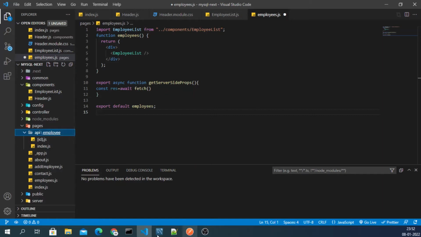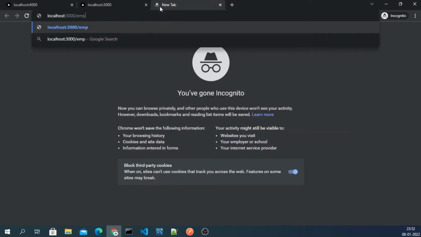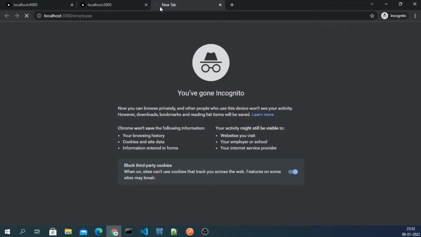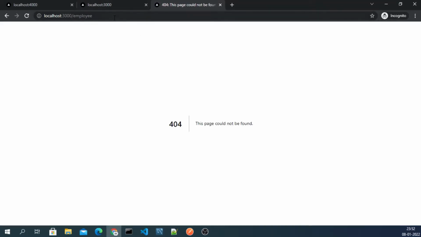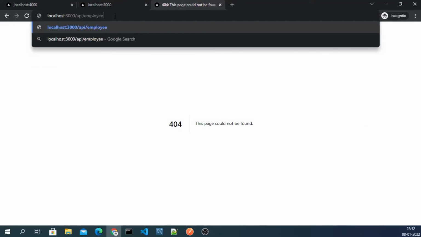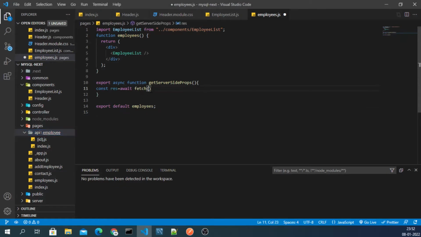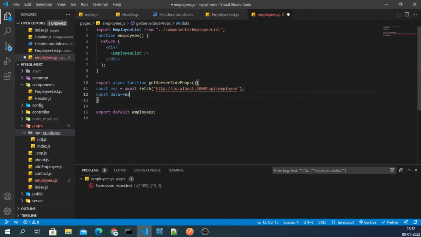If I go to localhost 3000 slash employee, it will show us some data. We need to add API as well, and employee, right? So this is the endpoint. I'll simply copy this, paste it inside this, and then save it.